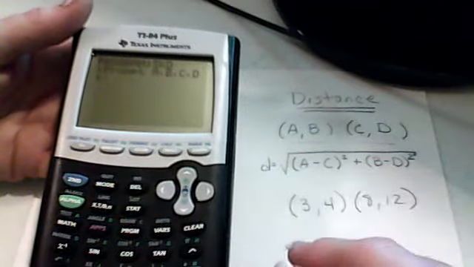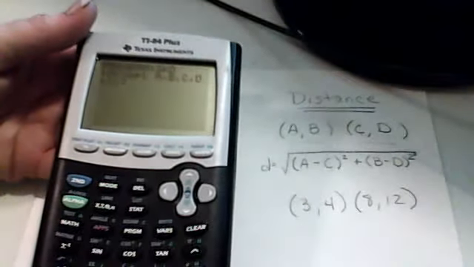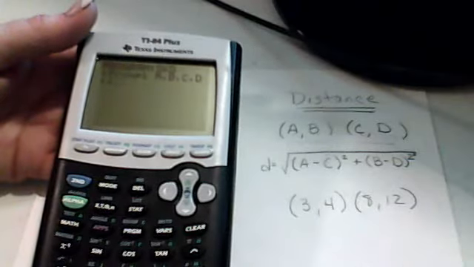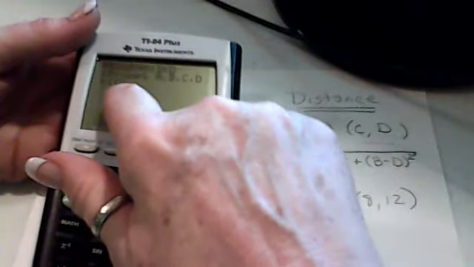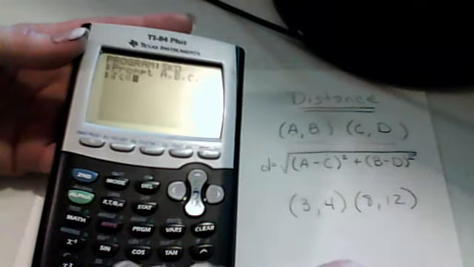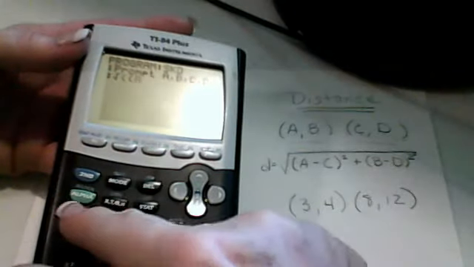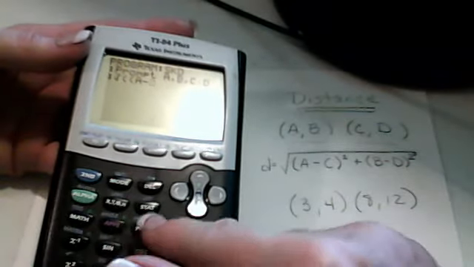And now I need to do the calculation with these numbers, so I'm going to go second and the square root symbol so I can get that. Notice it put a parenthesis here. If you have the new operating system and it doesn't put a parenthesis there, you need to add one there. So I'm going to add a parenthesis, and I'm going to go alpha A minus alpha C